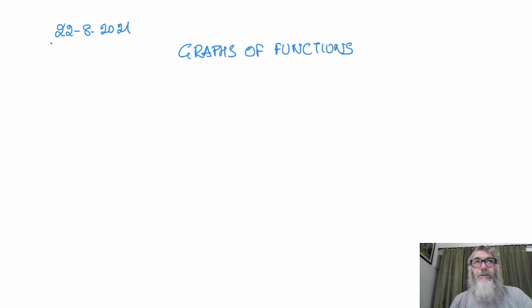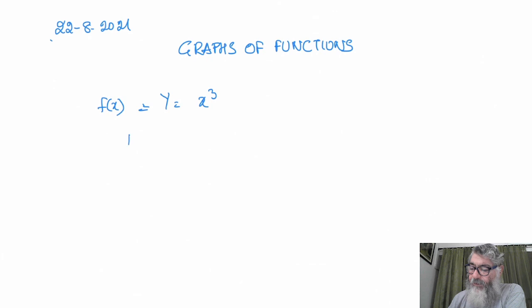For example, the first function which I'm going to pick up is y is equal to x to the power 3. As I said, it could also be written as f(x), and f(x) and y are one and the same thing. Generally, because f(x) indicates it is a function of x, f(x) is equal to x cube. Now we said we give different values to x, we put different inputs. When we say that we are giving different values to x, that means we are giving different inputs.